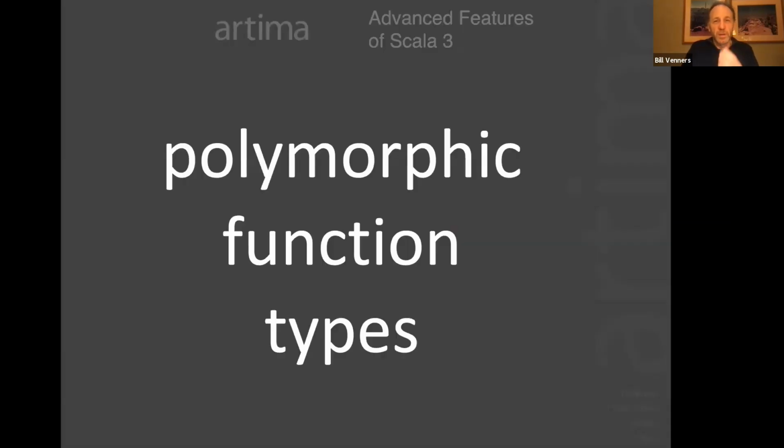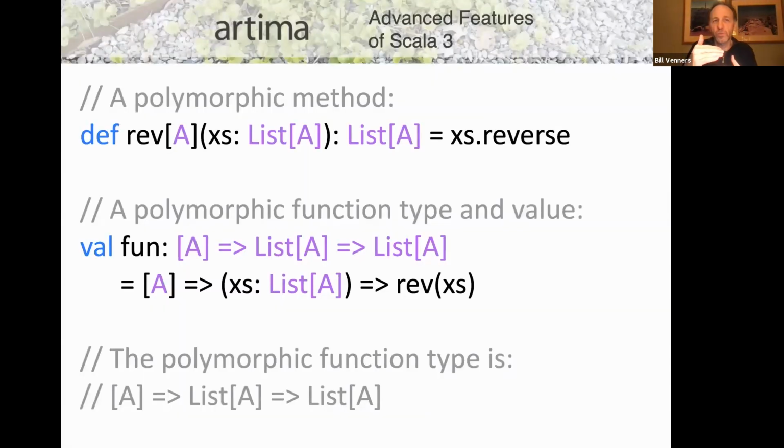Okay, so that's that. Something that looks a little bit similar is polymorphic function types, which I think will be used a lot more rarely. But it's two things. There are use cases for these and people asked for it, but it also removes something that is different between methods and function values. I think there's a kind of simplicity you can get when you don't have special cases. And a method, you should be able to think of that as like a val. Instead of a def, it's a val that refers to